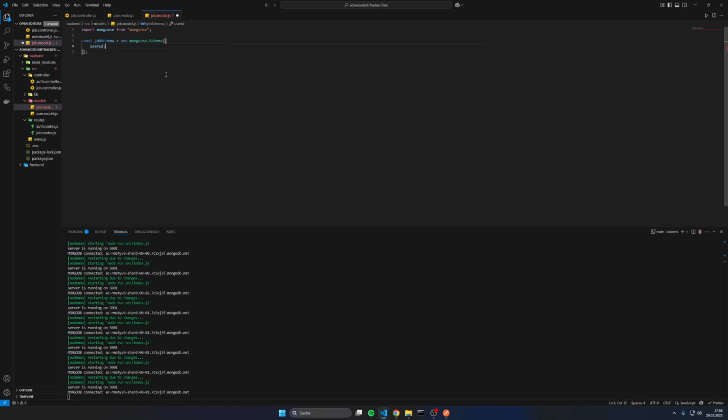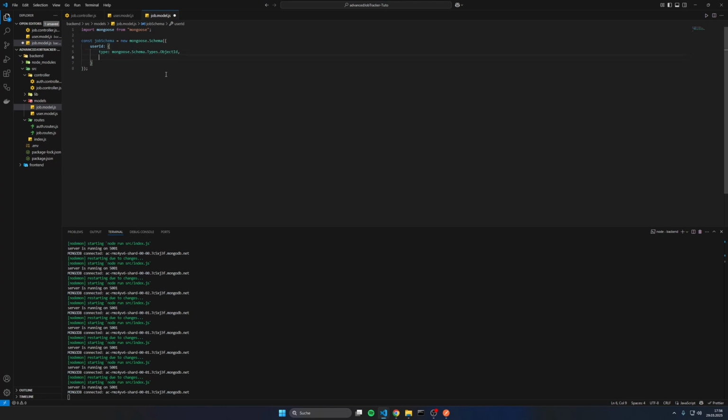And the type is mongoose.Schema.Types.ObjectId,